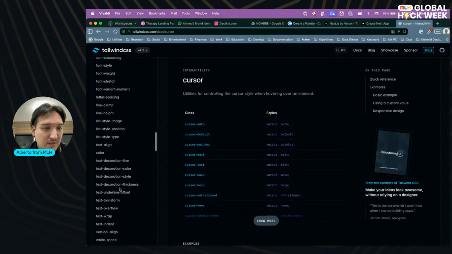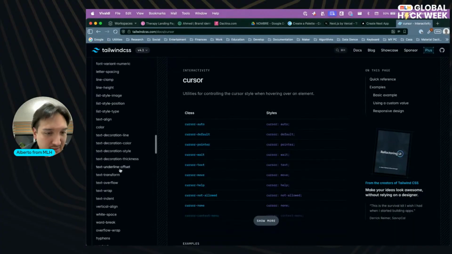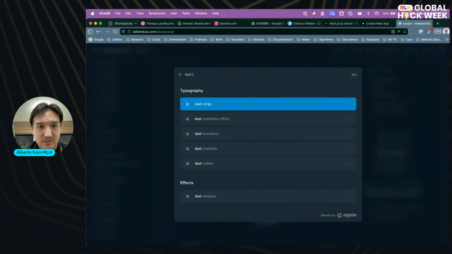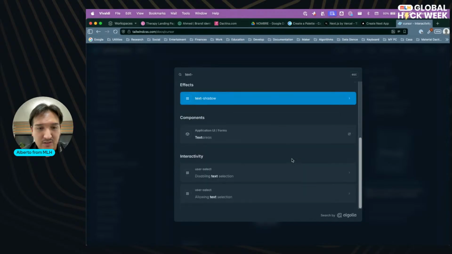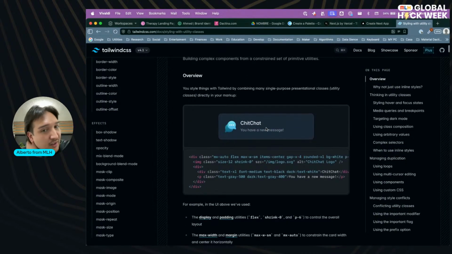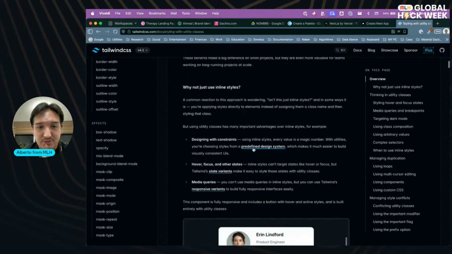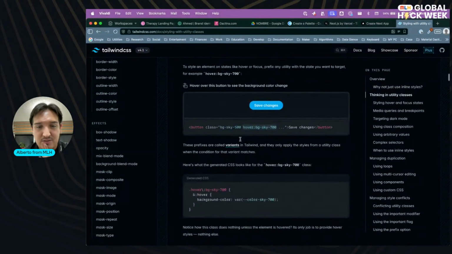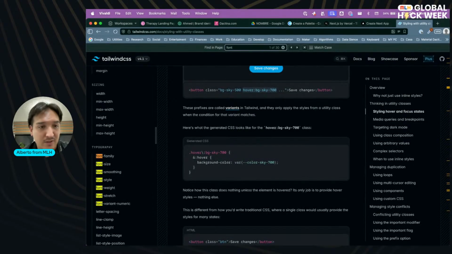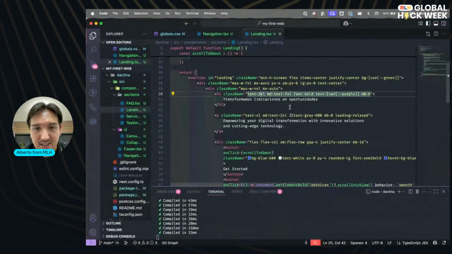Typography, text, just text. Font size. I'm thinking we're talking about this. Font size. Okay, yeah, 10, text XS.